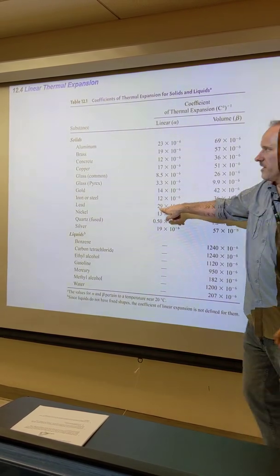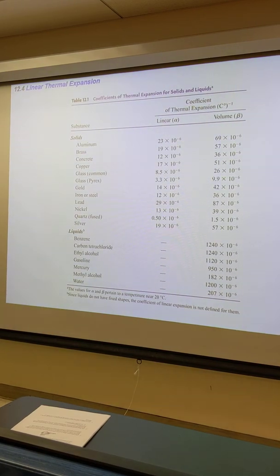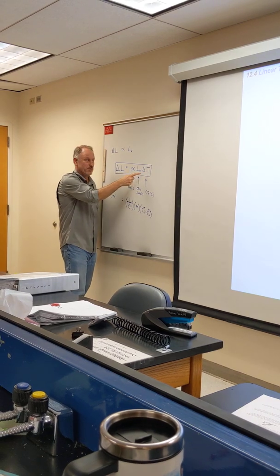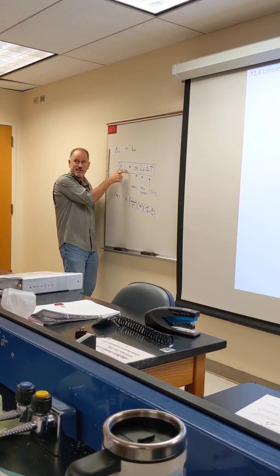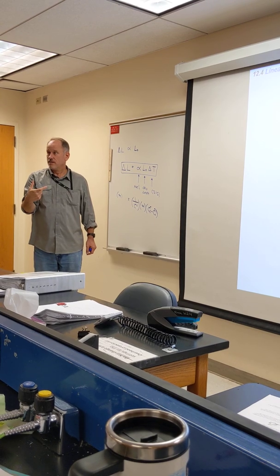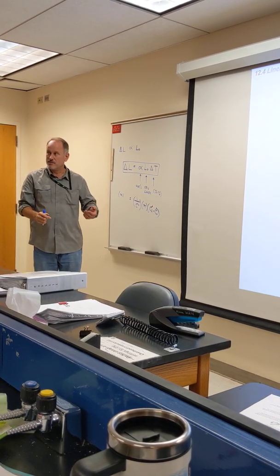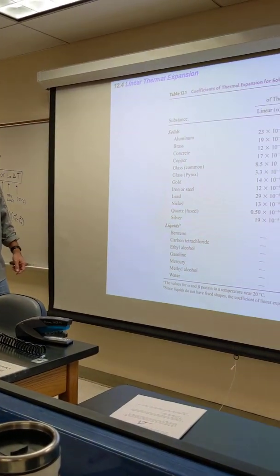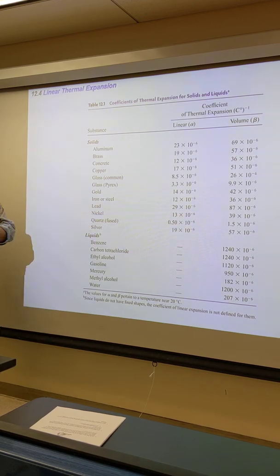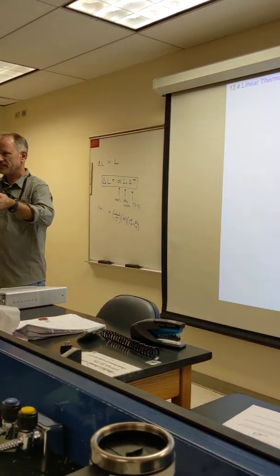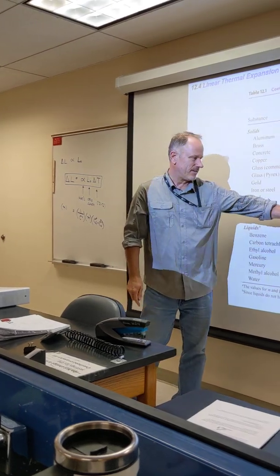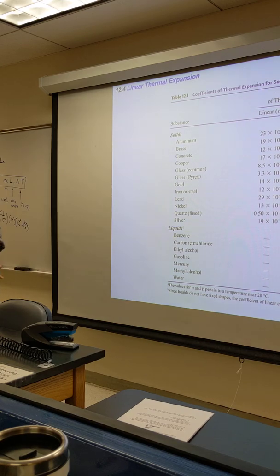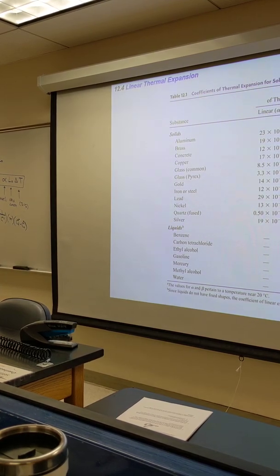It's the biggest alpha. So if alpha is biggest here, for the same starting length and the same change in temperature, we get the biggest change in length for lead. Aluminum is the next one, the next stretchiest one, so to speak. Which one is least stretchy? Quartz. So if I warm up quartz by adding energy to the system, I'll only get a fairly small change in length. Is that making sense to everyone? Okay, questions? Why is it that